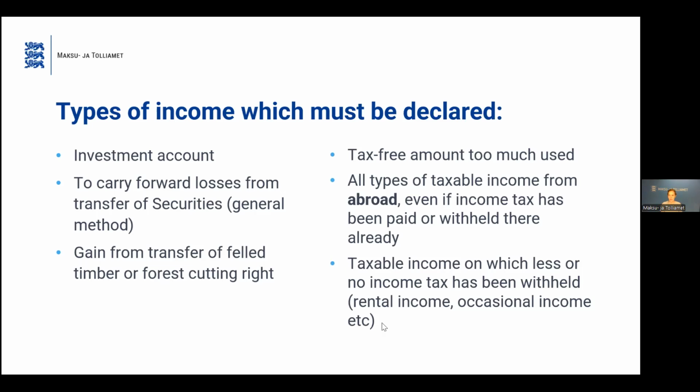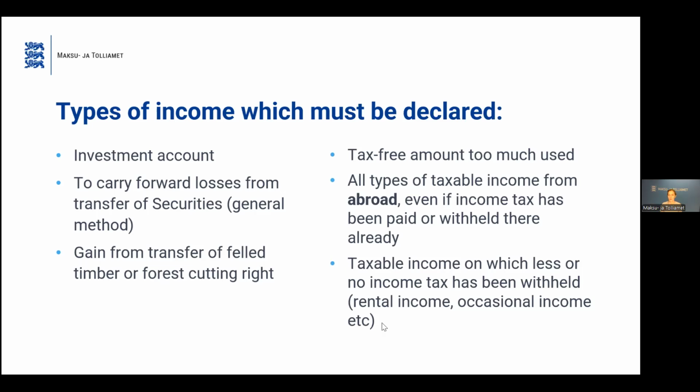You shall submit a tax return if you want to carry forward losses from transfer of securities in the general method, not in case of an investment account. If you do not have an investment account and you just sell shares or securities and you have chosen the normal method of taxation, then you can use the opportunity to carry forward losses from transfer of securities forever.